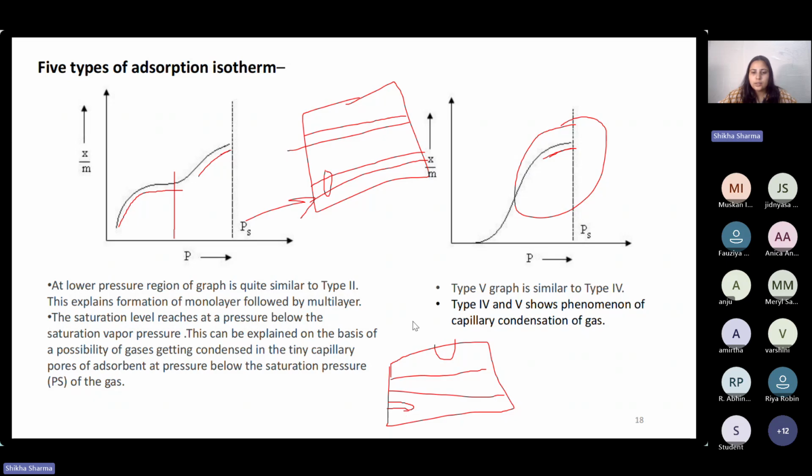So what is going to happen is, first water will come and adsorb on its surface like a monolayer. Once all the surface is filled, then the next layer, which is the second layer of water molecules, will form, which is known as multilayer formation. After the multilayer forms, in this space also water molecules will go and condense, which is known as capillary condensation. So like this, the adsorption phenomenon takes place.